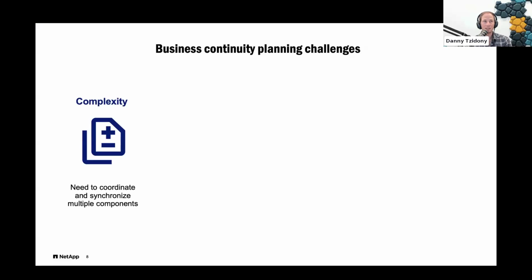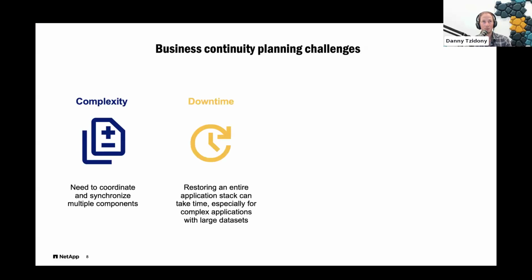So first of all, there's complexity. We need to coordinate and synchronize multiple components in our applications, making sure that all the moving parts are working together. We want to avoid downtime. Restoring an entire application stack could be taxing, could be very hard until all the components are ready and are interfacing together. And downtime is a problem because we are typically bound by SLAs, especially with our mission critical applications. We have a responsibility for either our colleagues or our customers